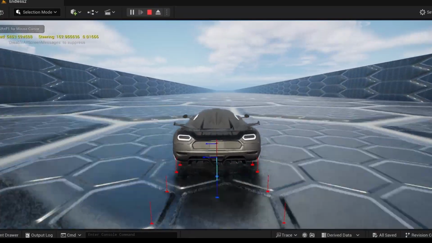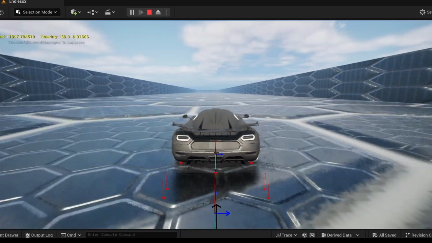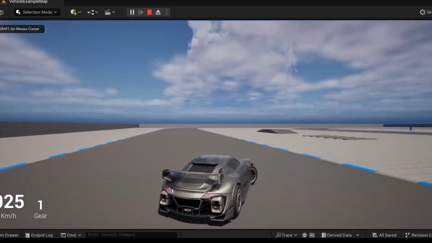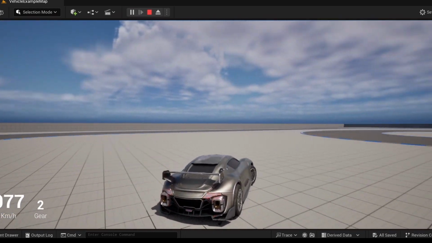Let's see what Anas has done with the models. The development of the bike started way long ago when we were working on another project. We were making an infinite car racing game, but the default vehicle that came with Unreal Engine was not good enough for an arcade type.